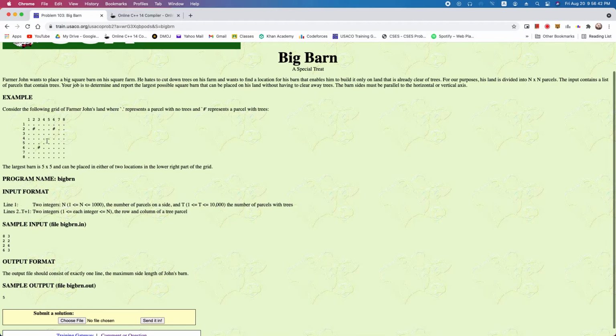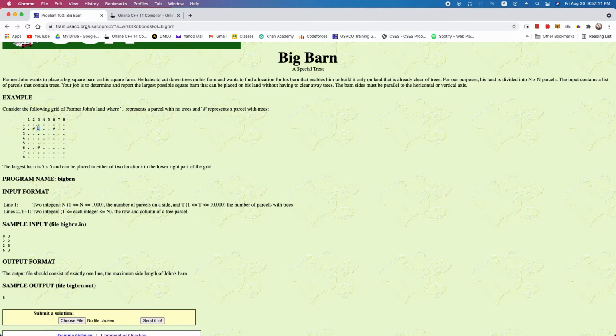So what this does is, for example, let's look at this position. Then it will find the minimum of these 3 previous positions that we got, because the minimum will mean that there's either an edge or there's a tree blocking the position, preventing it from making a bigger square. So we will always choose the minimum of that. For example, here,